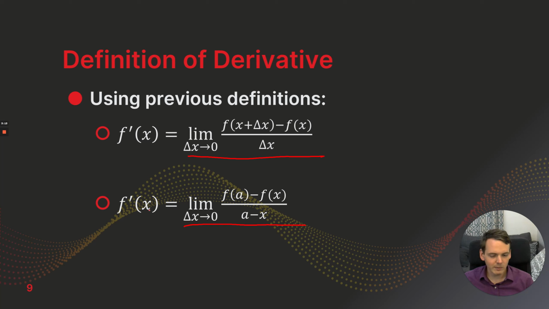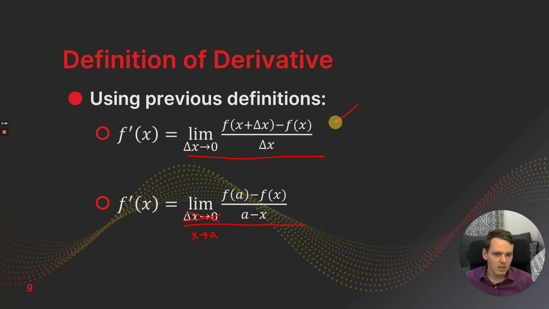Or f prime of x equals the limit as x approaches a of f of x minus f of a over x minus a. Both of these are